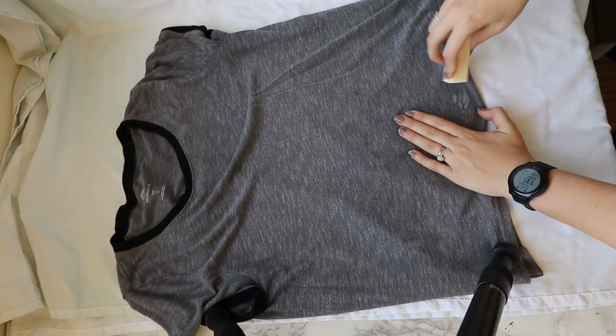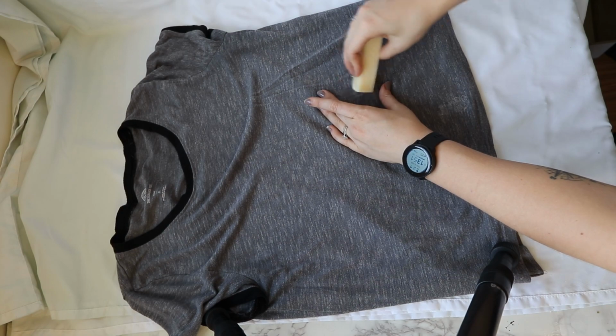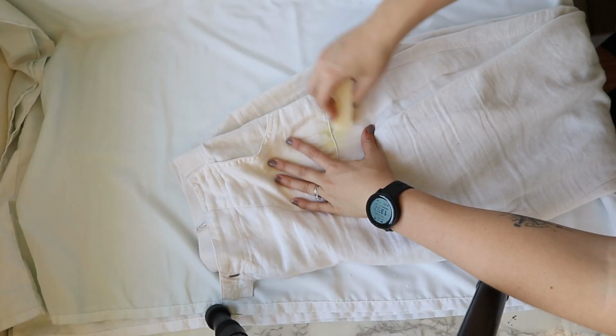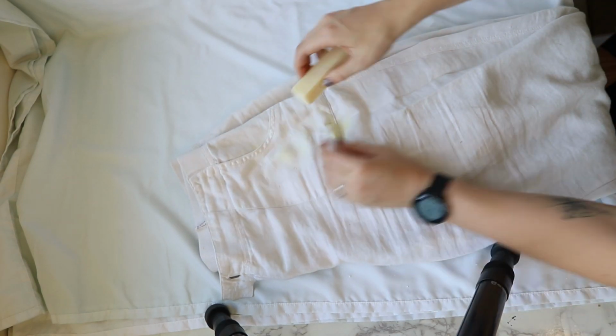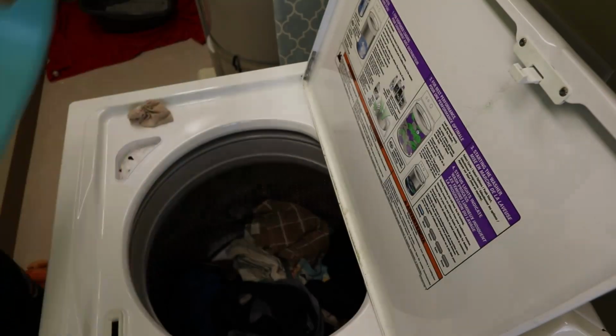So in all fairness, these items have been sitting on the edge of my bed for about a week or two. So the stains might have set already. So I'm gonna give this stain stick some slack if it doesn't get the stains out. But if it does get the stains out, that's even more of a reason to buy this because that means it really, really works. I'm going to rub this on, we're gonna wash it,